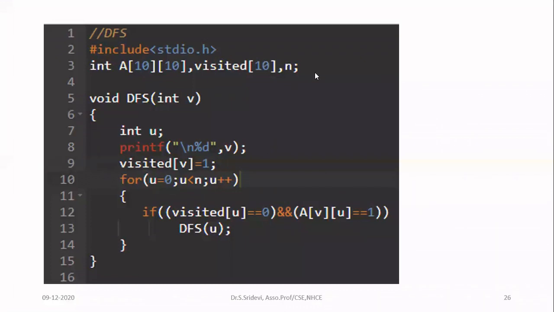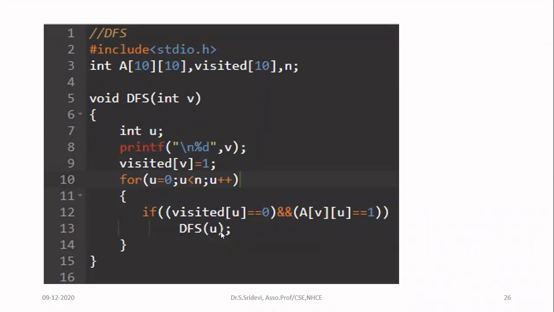You have to now check whether that neighbor is visited or not. So I am checking whether visited of U is equal to 0. It means that I got a neighbor and the neighbor is not visited so far. So what I can do now? You can go and visit that neighbor and continue with that neighbor. So temporarily, you are stopping the exploration of V and you are going to the node U, because U is a neighbor and it is unvisited. So call the DFS function again.